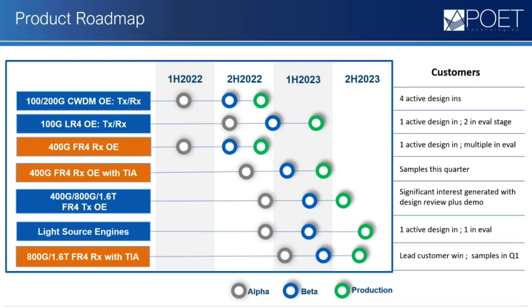So on our product roadmap, no changes. I would just highlight that the first few line items there are legacy, in the sense that customers already have solutions in that space, and we're trying to intercept with a lower cost solution or potentially a higher performance solution for redesigns. Whereas the last three line items are completely new, in terms of transmit and receive solutions, as well as light source solutions that transcend where the industry is today. So if I just systematically walk down the list here,